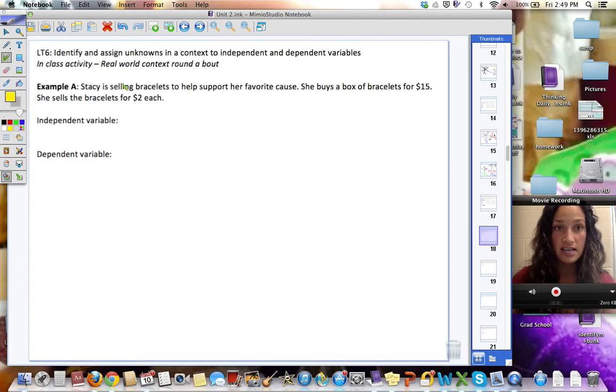Something that's happening is that she's selling bracelets. At this point, I don't care how much it is for. She's selling bracelets, and what is she getting out of this? She's getting money. I'm not worried about the actual numbers right now because I'm not making an equation. I'm just worried about independent and dependent. These are words. So, does the number of bracelets I sell change the money, or does the money change my bracelets? So again, my independent variable is the